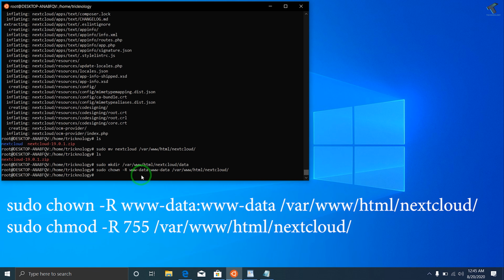Once it is done, put the next command, which is sudo chmod -R 755 /var/www/html/nextcloud, then press enter.